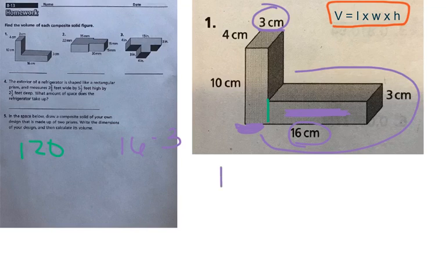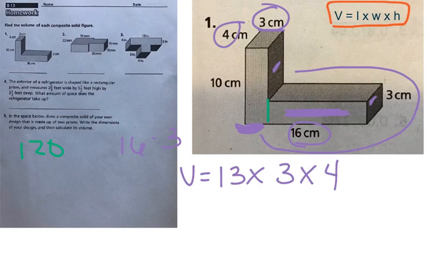And so we're going to have 13 times, and then we know that the height here is 3, and then we know that we need to figure out one more piece, and that is going to be the depth, which is how far back it goes. And we know that because this piece here is the same as this piece here, that it's going to be times 4. And so we have 13 times 3, which is 39, times 4 is equal to